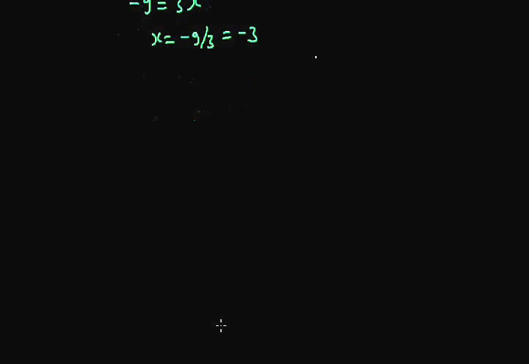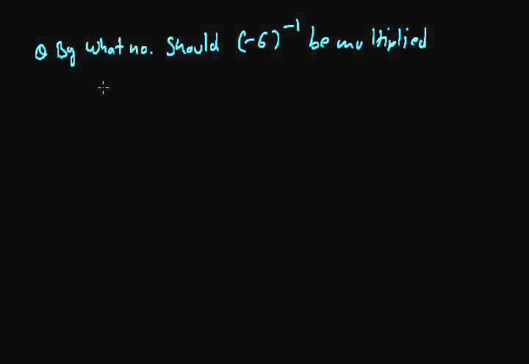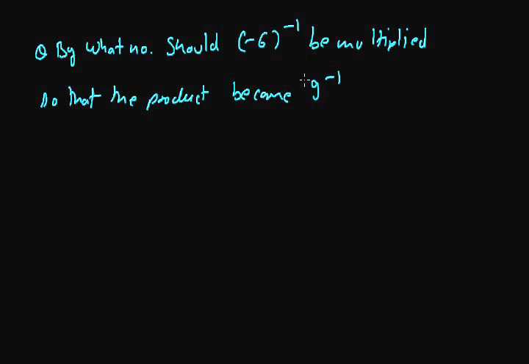Now let's solve one more problem. By what number should minus 6 raised to the power minus 1 be multiplied so that the product becomes 9 raised to the power minus 1? Let's solve the problem. We have to multiply minus 6 raised to the power minus 1 by some number. Let's say the number is x. We are multiplying minus 6 raised to the power minus 1 by x to get the product 9 raised to